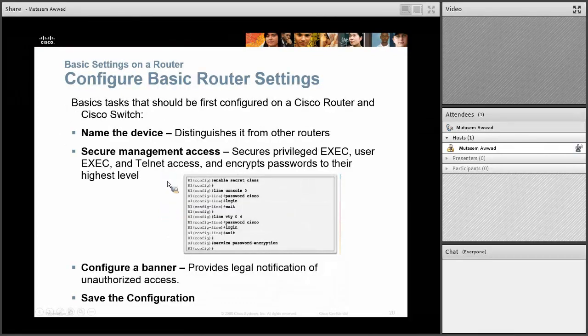All right. And to be able to telnet, you've got to set up the passwords, right? Enable secret, you do the console password. Remember we did that. And here's how you set up the VTY password. This is the initial configuration of a router, and we did this already last semester. And you configure a banner, save the configuration,